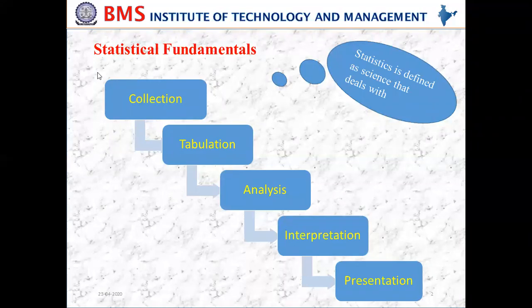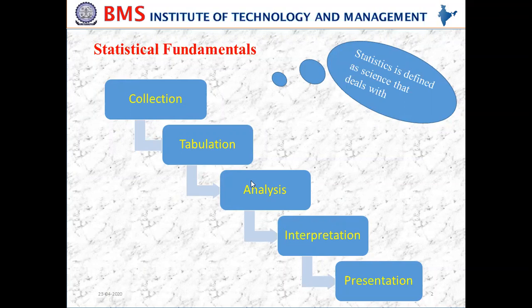So here, the collection of data. The data which you are going to collect should be in the form of, say for example, we have discussed the different quality control tools. Here a check sheet can be used to collect the data. As we discussed in the previous class, the example of defect data from the tank. That defect data is collected in the form of a check sheet.